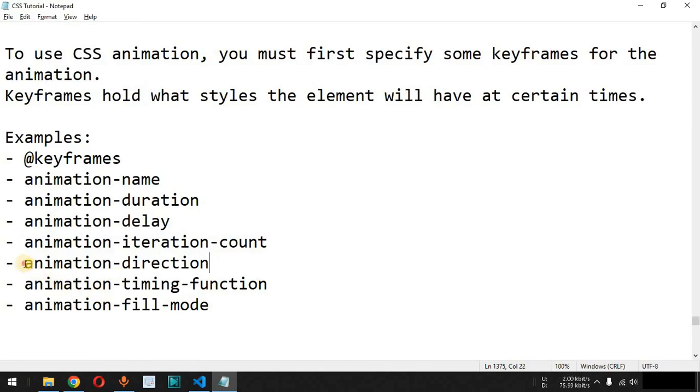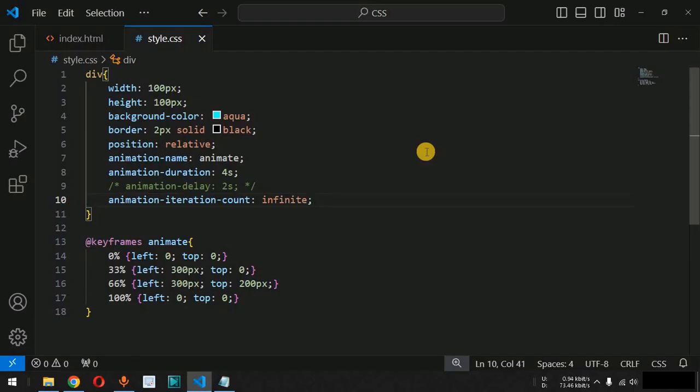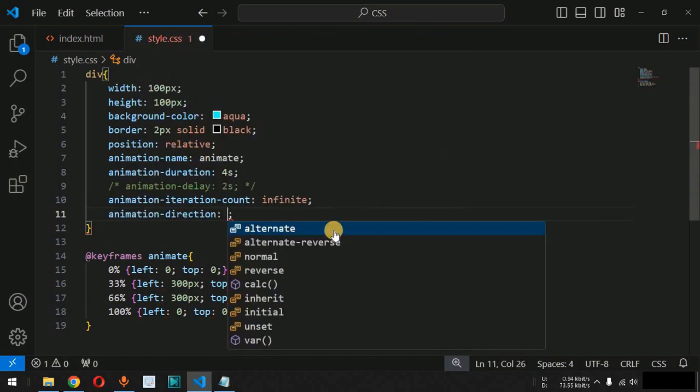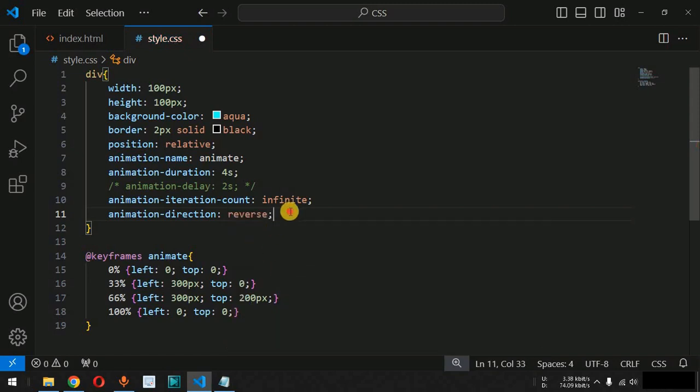Apart from this, we also have animation direction. So guys, basically this is the default direction that the box is moving over here. We can also define the direction of the animation. So let's say we provide the animation direction in this case. Now guys, what are the values? The normal is the default value over here, but when we provide the reverse value, the animation will be in the reverse direction. So let me just provide the reverse direction over here and let me just save this file